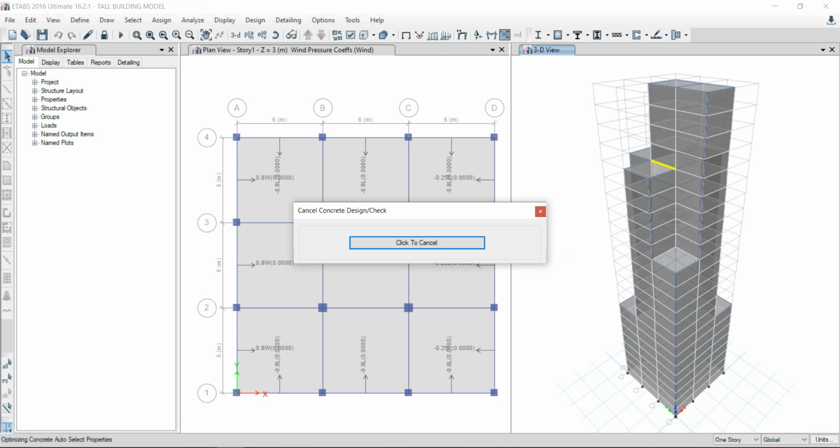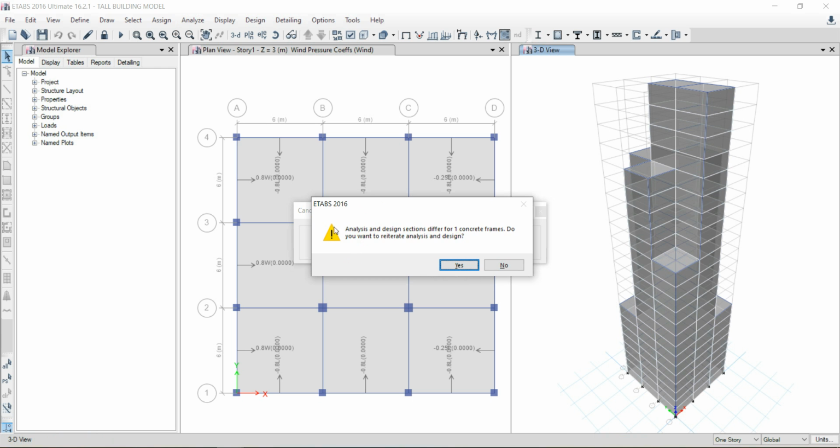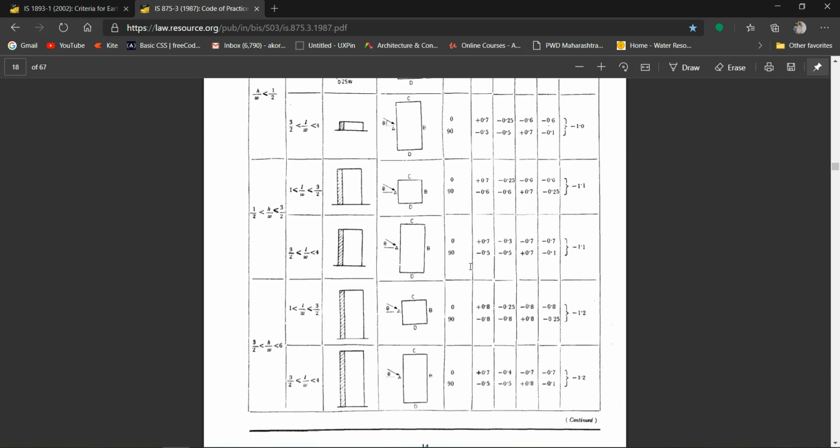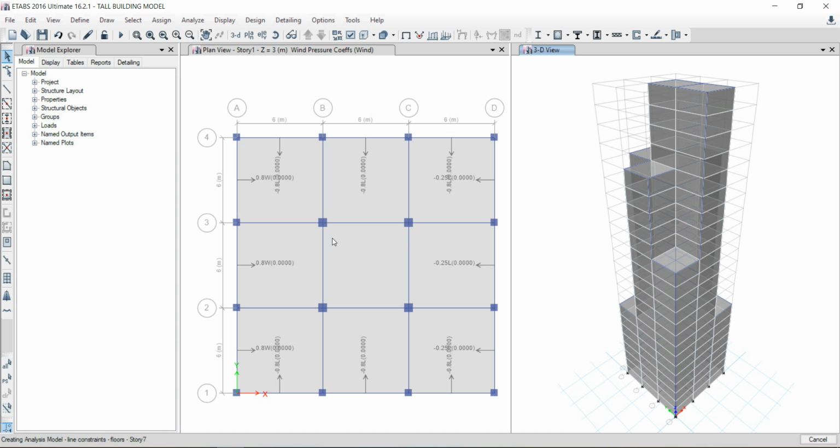As we can see, now the design is running. Again, after running design, it shows analysis and design sections differ for one concrete frame. Again, we have to click on yes. Again, run the analysis and design.